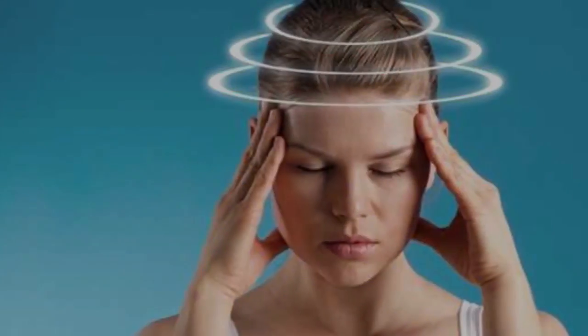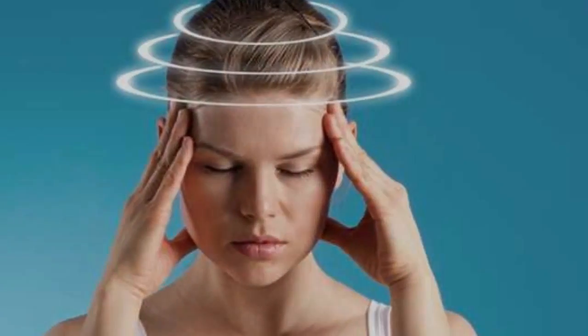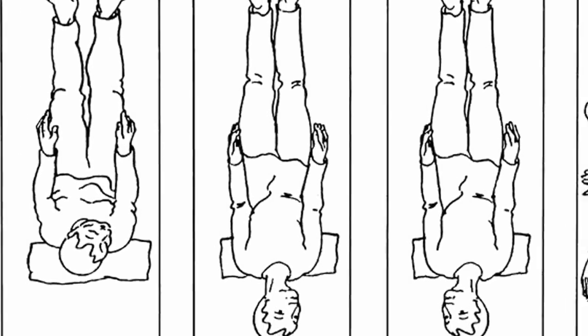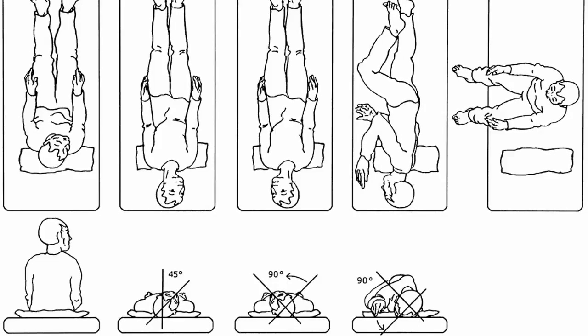Vertigo is a symptom of an underlying condition, not a diagnosis in itself. It can be a result of several different things. Some types of vertigo will only happen once, and some types will continue to recur until the underlying condition is